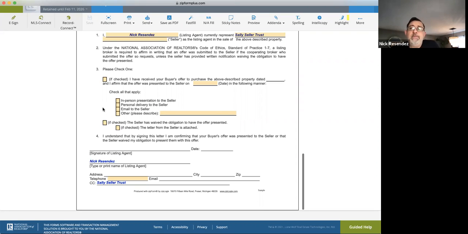So this form is where the listing agent can confirm your offer was presented, and then the listing agent would sign at the bottom here. Okay, so mostly we would use this first checkbox. So if you have a listing and you're getting blown up by buyer's agents demanding proof the offer was presented, you can either use this form or you can initial page 10 of the offer where it says proof of